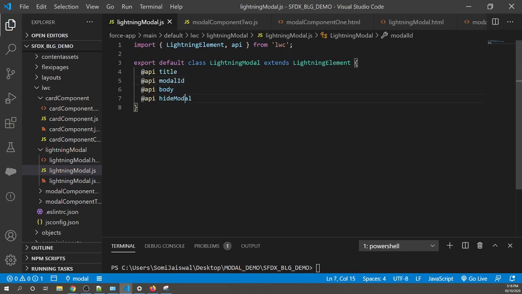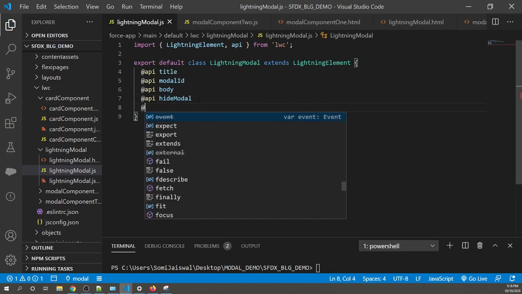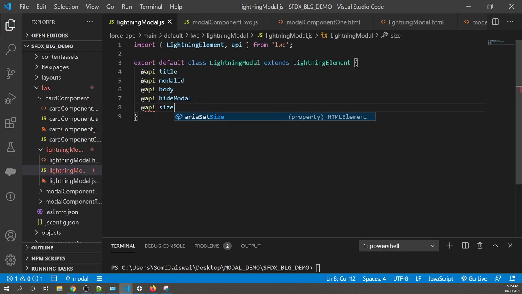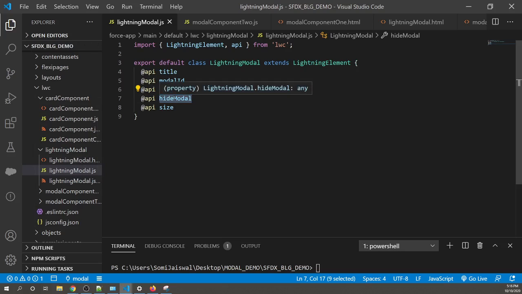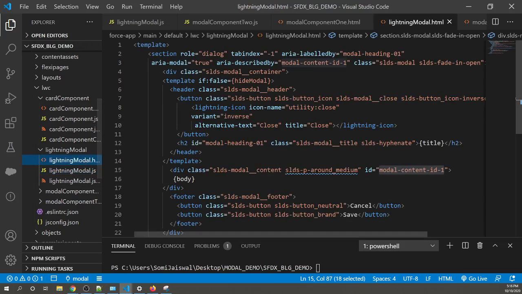Then he said a hide modal option should be there. He said I need to know the size as well, if it has some sizes. Okay, apart from that, he said footer I will hide myself, header I will allow them to hide. So first thing we're gonna do is we'll play with the body itself. So we'll see how we can make the body so flexible that the user can send the HTML code itself